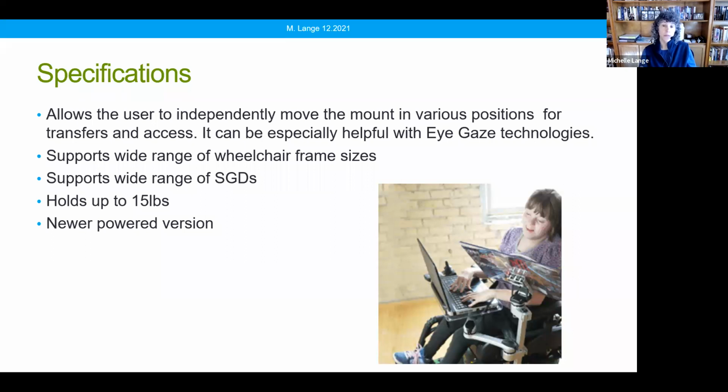This particular mount will work with a wide range of wheelchair frame sizes and a wide range of speech generating devices. It does have a weight limit. It will hold up to 15 pounds, which is really quite a bit when you look at the leverage involved. They also have a new power version. So if the client can't reach out and grasp that loop and move it around, they can use a switch